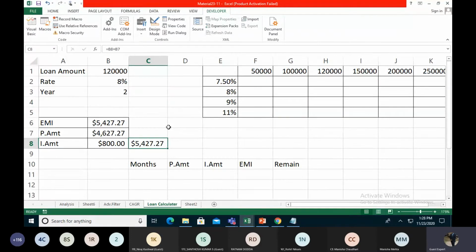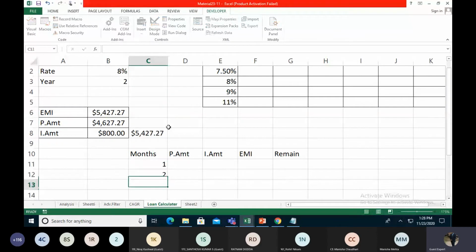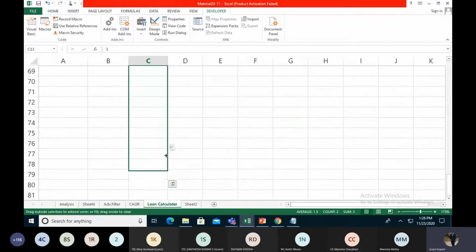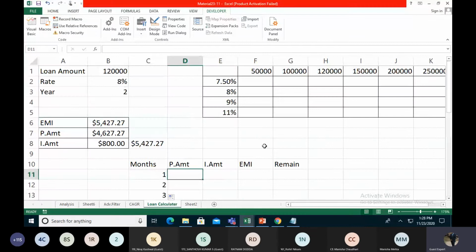Okay, so let's take the whole chart: how much interest I have to pay and how much principal amount I have to pay. So we make a chart for 24 months, then of the principal amount. So we take the rate.